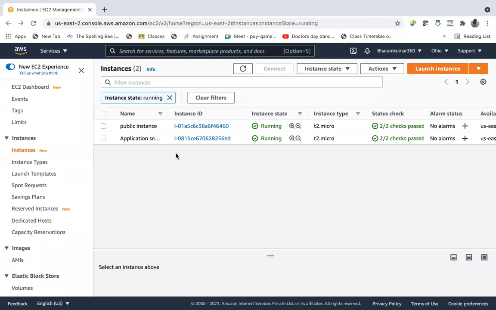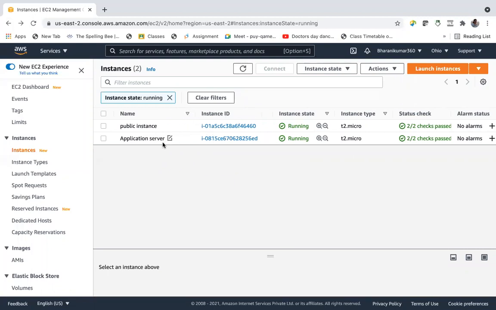We need to get the traffic from the clients, because this is the application server, and the application is running on it. We need traffic coming from the outside internet, from the clients, to be routed to this application server. But this application server doesn't have a public IP.